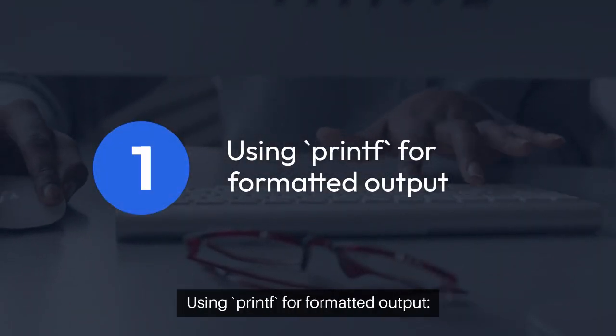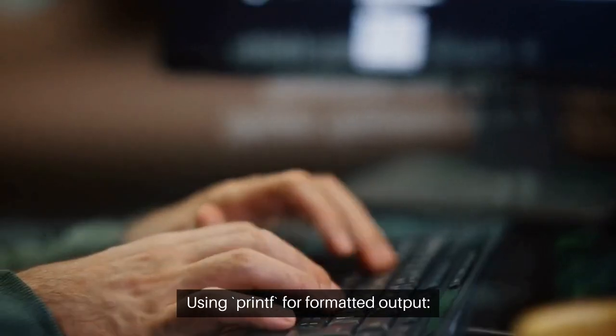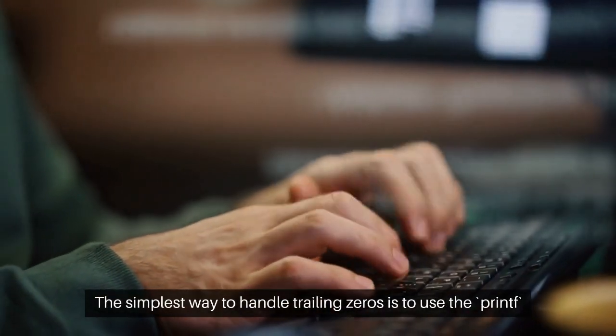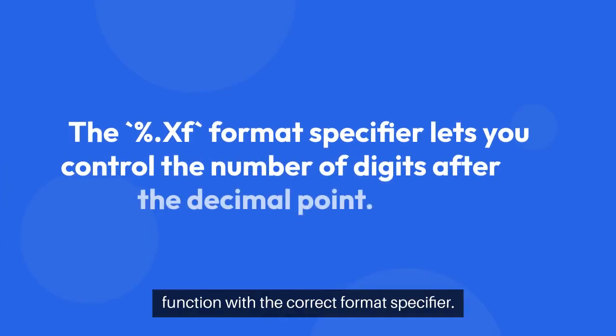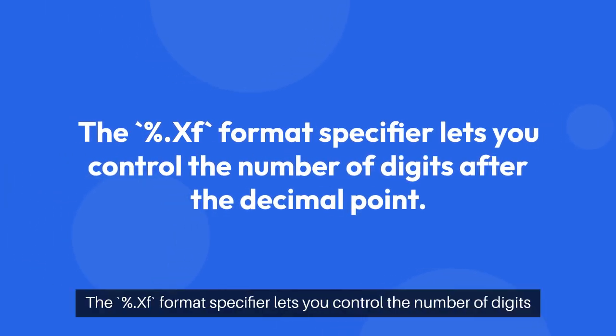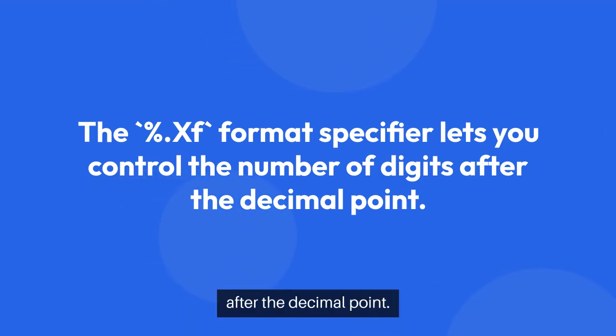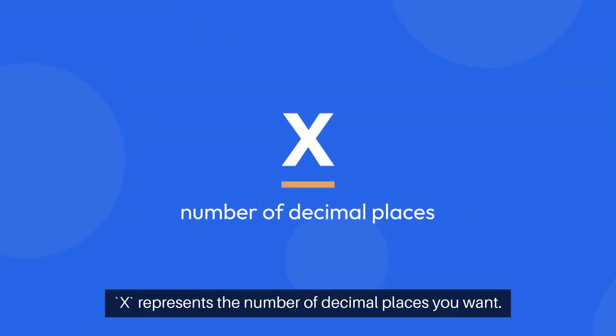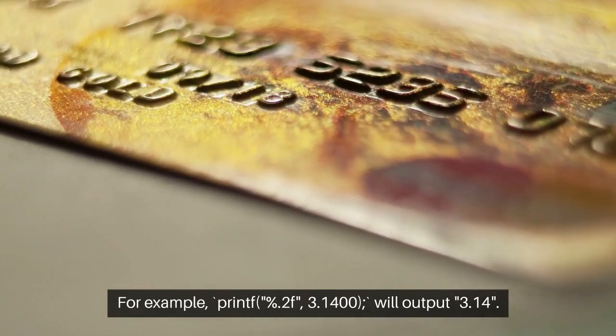1. Using printf for formatted output. The simplest way to handle trailing zeros is to use the printf function with the correct format specifier. The printf format specifier lets you control the number of digits after the decimal point. It presents the number of decimal places you want. For example, printf %.2f